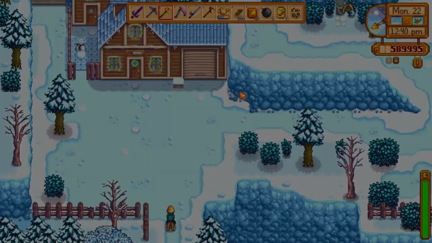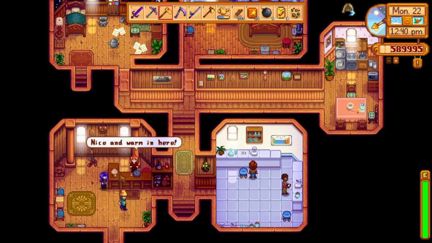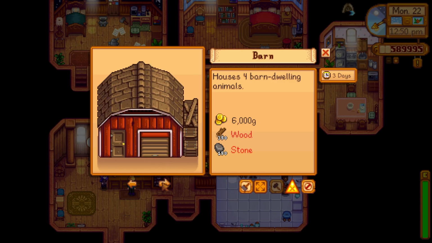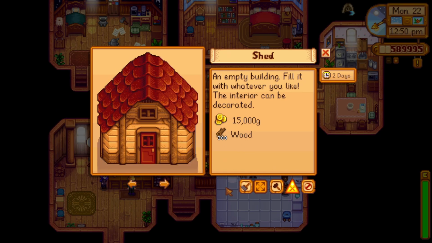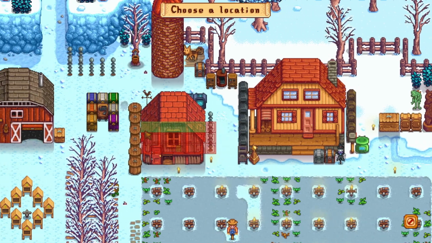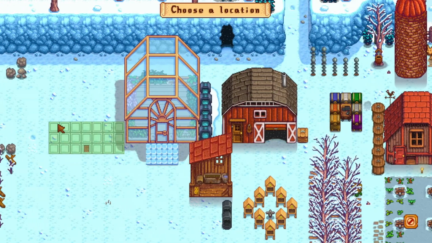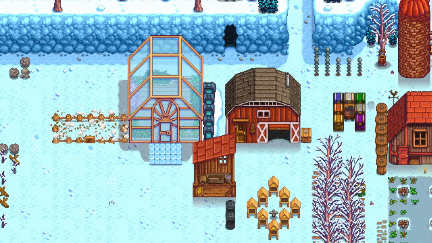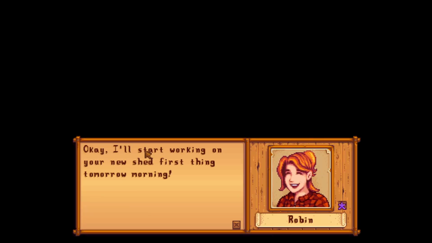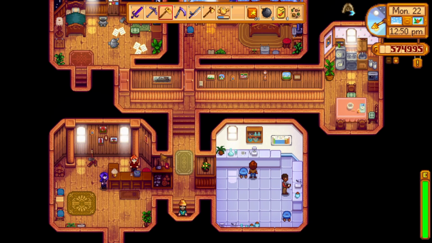Because it's the perfect opportunity to... Nice and warm in here. Alright, well, I'd like to construct a farm building, please. And I want to construct a shed. Alright, let's build the shed. Where are we going to put it? Well, I figured we put it right next to our greenhouse. And the reason why is because that way, as soon as that's done with our ancient fruit, we can just go right over to the greenhouse, or from the greenhouse to the shed, and start putting stuff into...